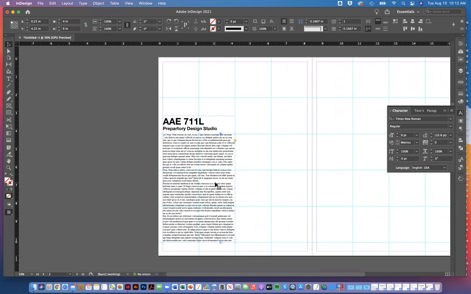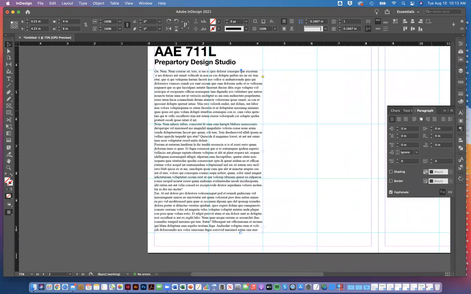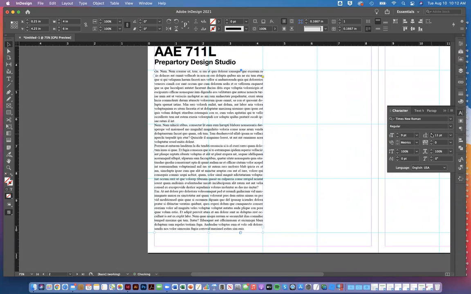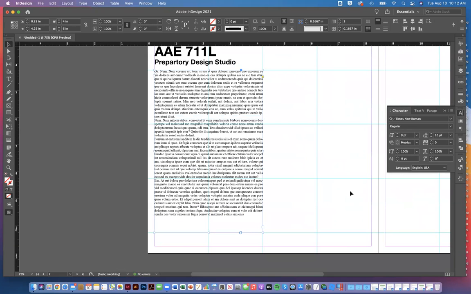And so now I have some placeholder text that I can begin to change and see how things work. Maybe I want to make it full justify except for the ends, right? The end of paragraphs, right? Maybe I need to change the line spacing. Maybe I don't. Or the kerning or the leading or whatever, right? Now I can do that all at once because again I have my